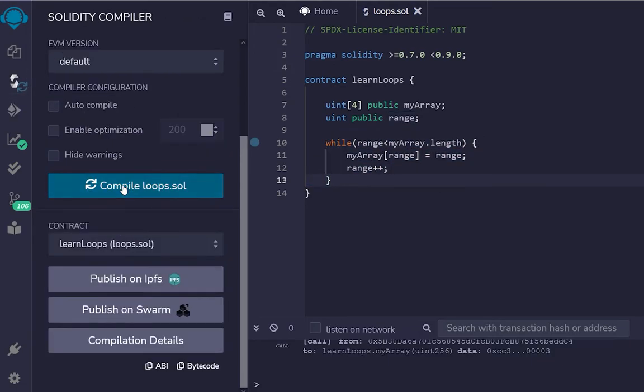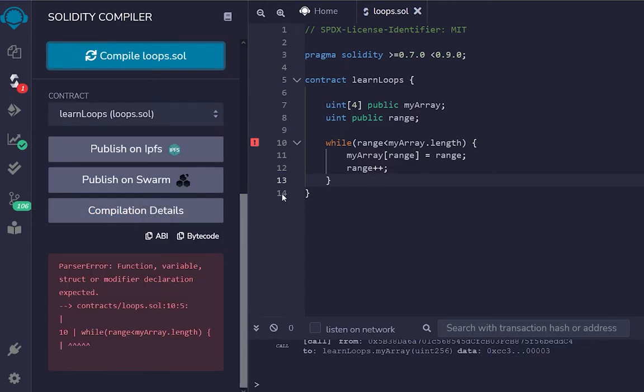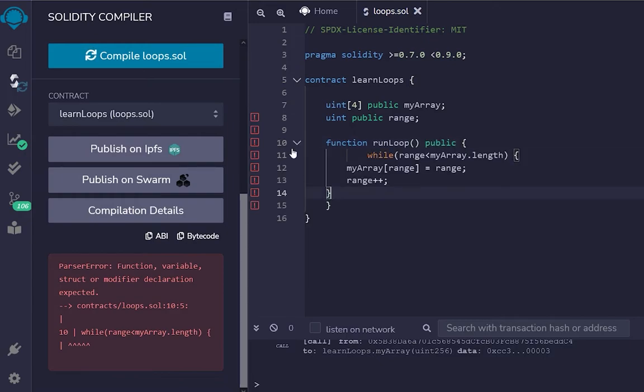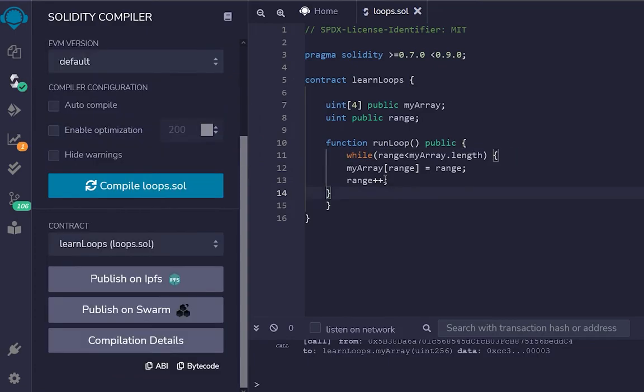So let's compile it, and there is an error just because we cannot specify the loops directly in the contract. For that, we have to create a separate function, and then we have to compile it. Simple, cut this. I will create a function for that. Function run loop, this will be public, and simply paste this loop inside this, and again Ctrl S to